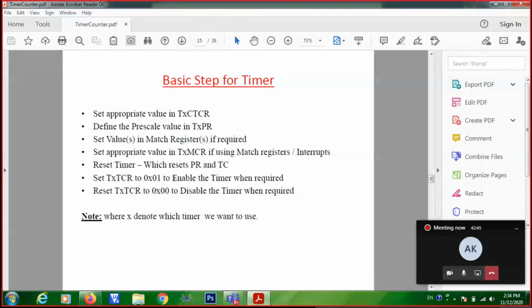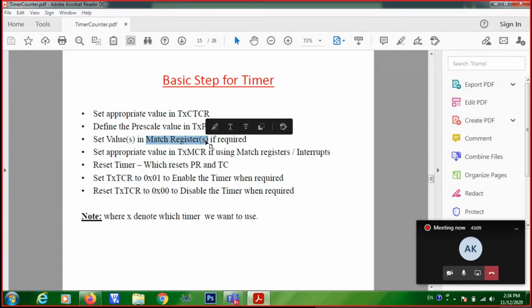My 500 value will be stored in one of the match registers. Let us take MR0, and whenever the timer value is equal to the match register value, you need to do two operations. What are they? Reset the timer counter, and generate an interrupt.